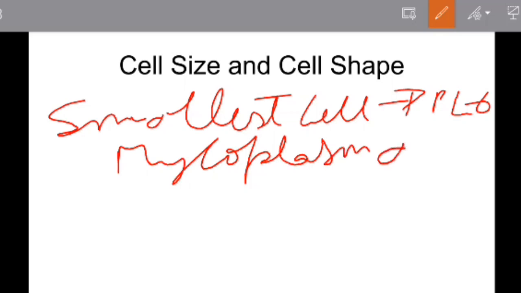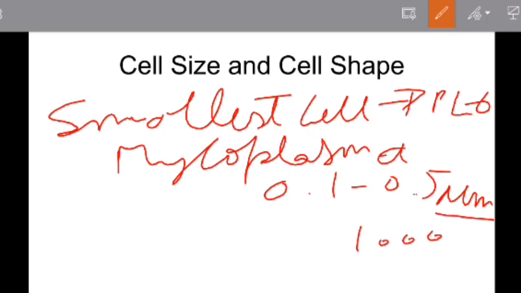The other name of PPLO is mycoplasma. Its size is 0.1 to 0.5 micrometer. A micrometer is one thousandth of a millimeter. And the largest cell